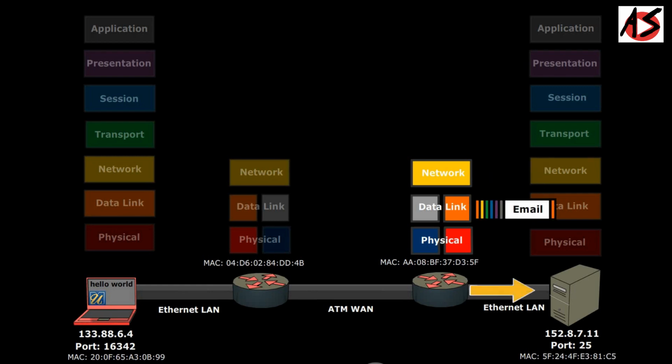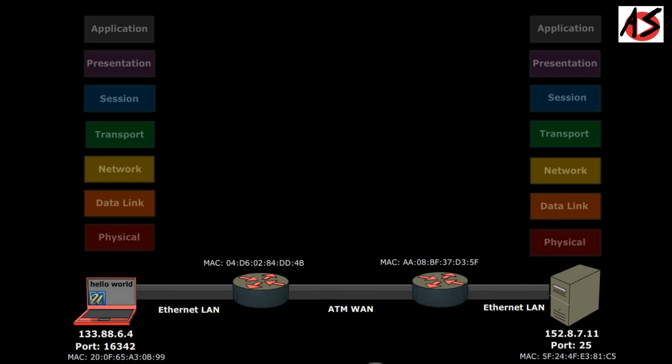After it determines the path, it appends appropriate data link information according to the network type, like Ethernet LAN here. Now your data reaches the destination server and it will be available at the physical layer.